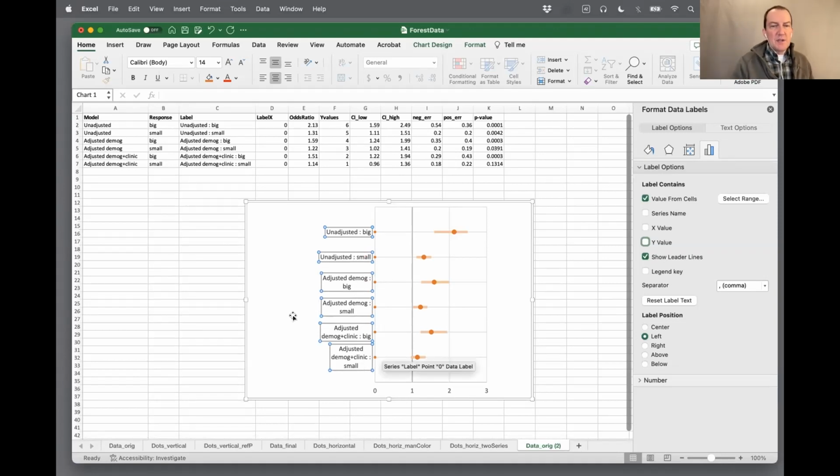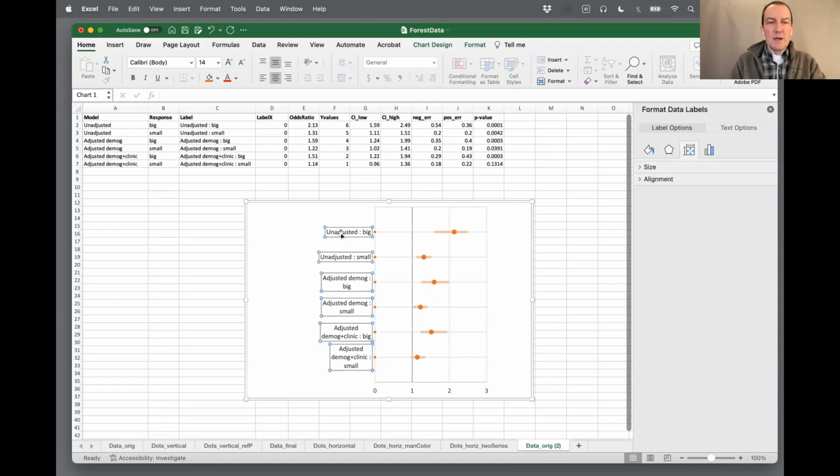So this looks pretty good, except it's done weird things. The text is centered and it's gone to 2 lines on some of these. I want it to be 1 line each. Unfortunately, if someone knows a trick for this, please tell me, but I don't know a trick to make all of these boxes bigger besides going on them one by one. So I click one of the labels, it selects them all. If I click on one of them again, it gives me some selectors at the corners so that I can